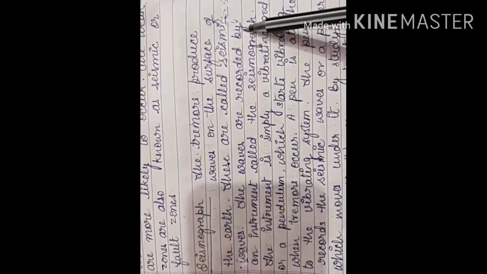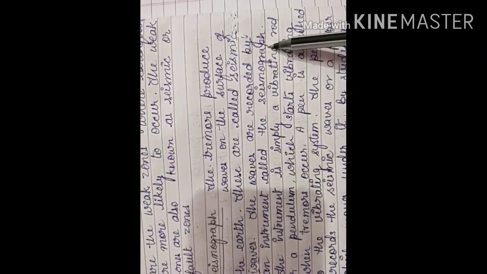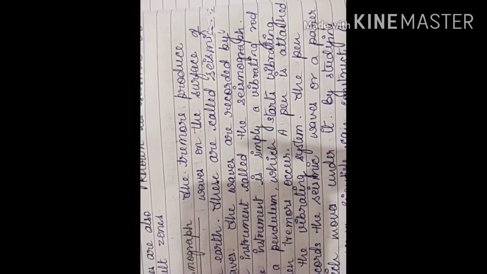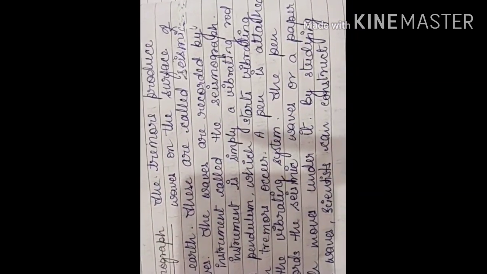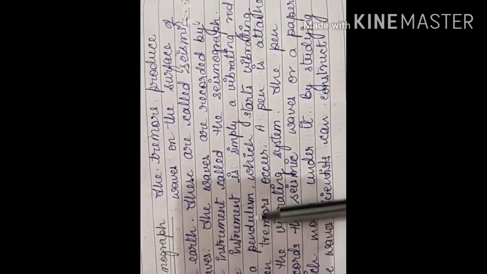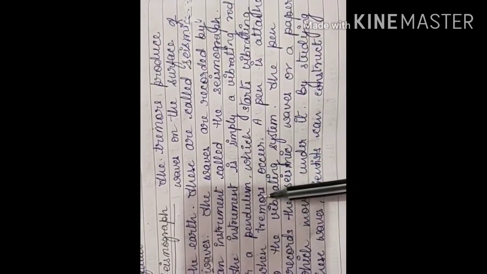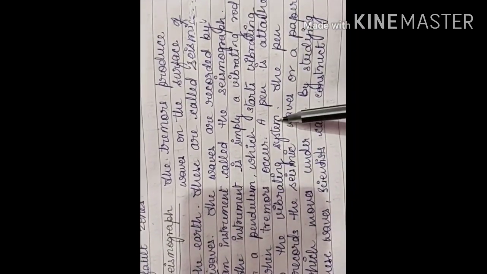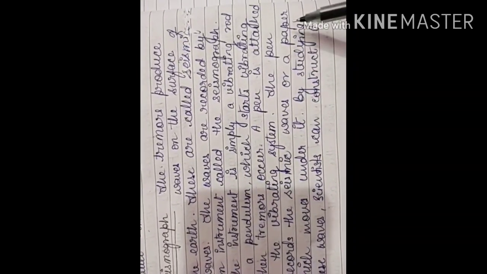The waves are recorded by an instrument called the seismograph. The seismograph is an instrument which records the waves. The instrument is simply a vibrating rod or a pendulum which starts vibrating when tremors occur. A pen is attached to the vibrating system. The pen records the seismic waves on a paper